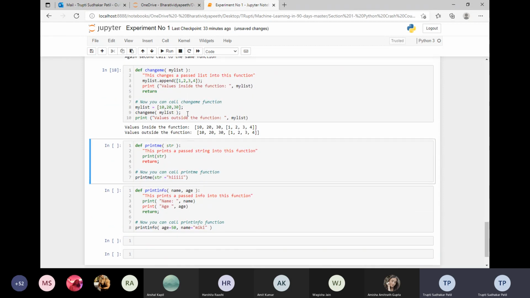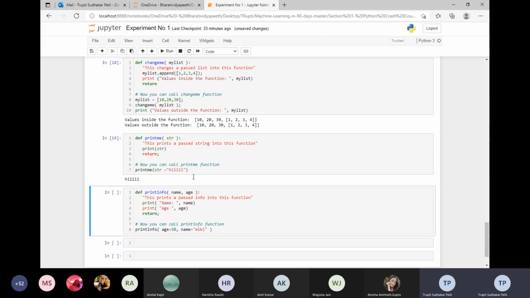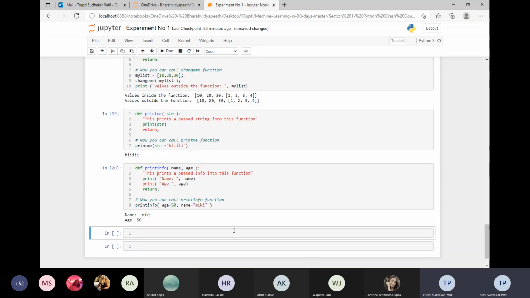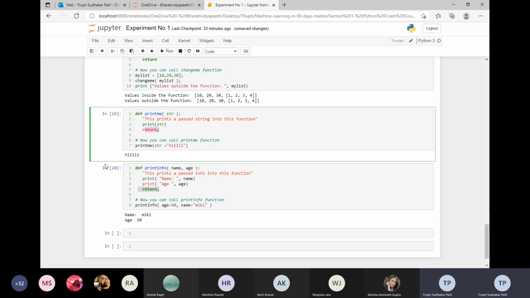Then this is just a simple program, a definition, and when we are passing the 2, 3 multiple values, it will just print that value. Here, we can return the value. We are not directly printing or calling; we can have the return function, which means it will be returning the value to that particular element, and then it gets printed. So this is the different way we can write the function, where we can pass the values and return the values.